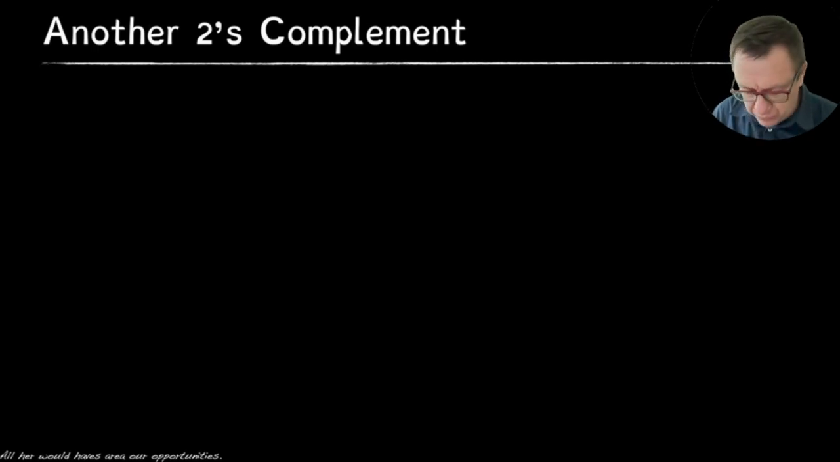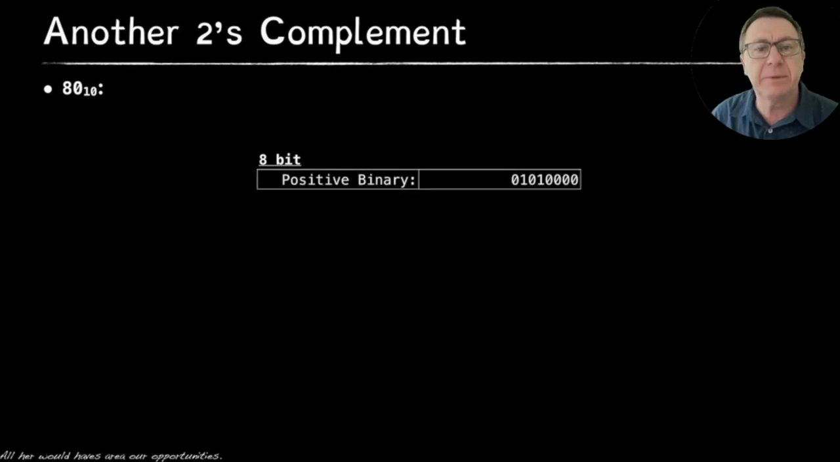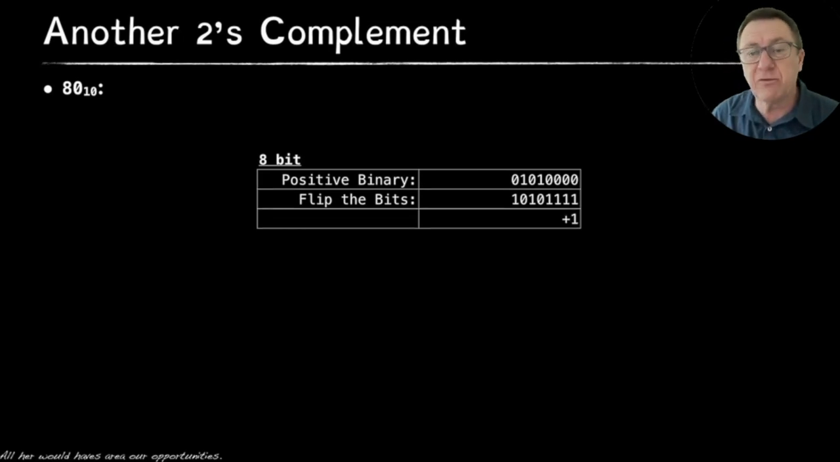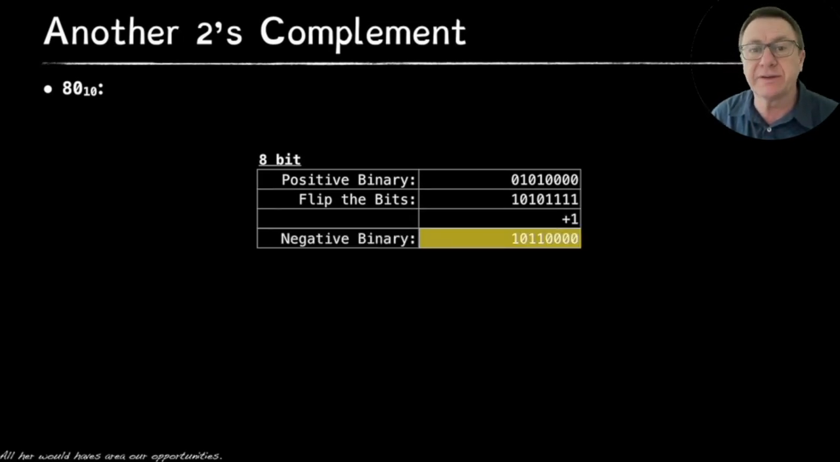Let's have another look. 80 base 10, as an 8-bit positive binary number. There we go, we flip the bits. Now it's going to get really interesting when we add 1 to it, because we add 1 to 1 and we get 0, carry the 1. Add 1, carry the 1. So you can see that run-on effect where we added,